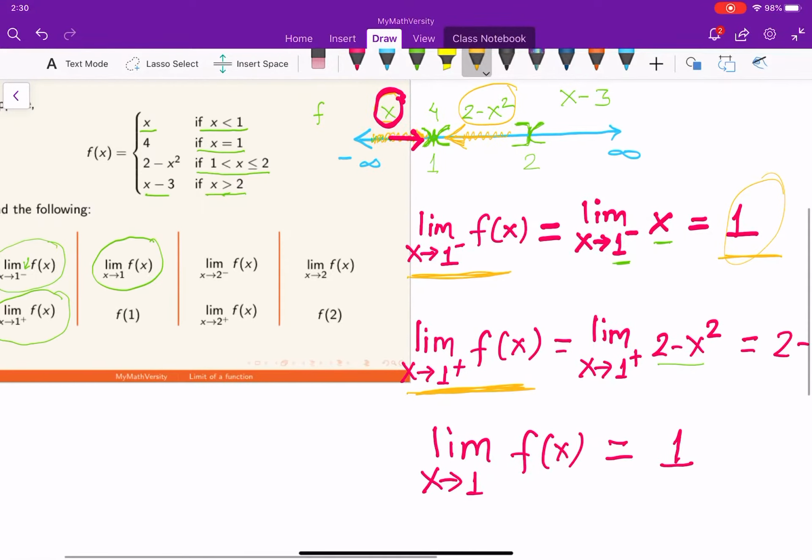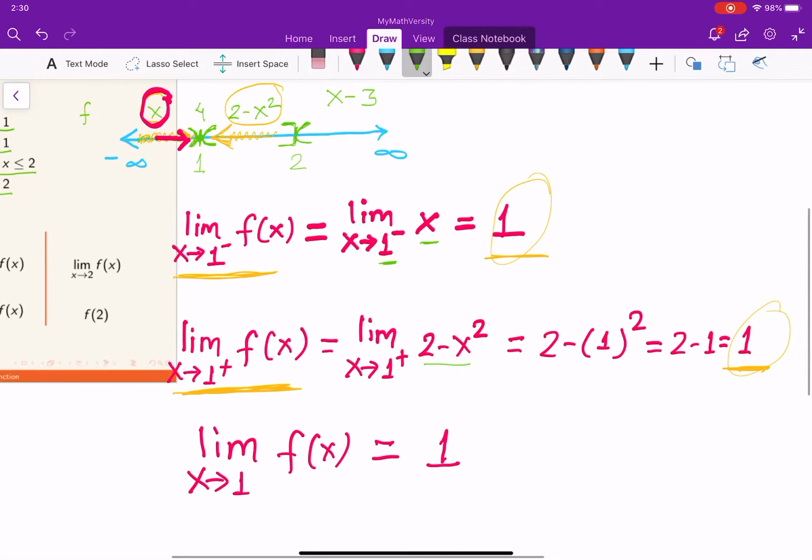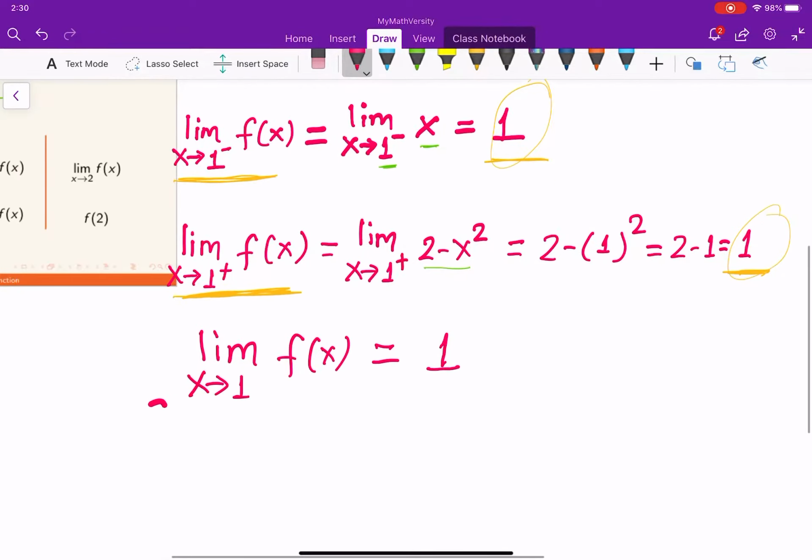Okay. All right. So what is the next question we have? We need to find the value of the function at 1. That must be the easiest work, right? I hope, right? So exactly at 1, you can clearly see the value of the function is defined by 4, right? So if that is the case, then we can just write down f of 1 is equal to,